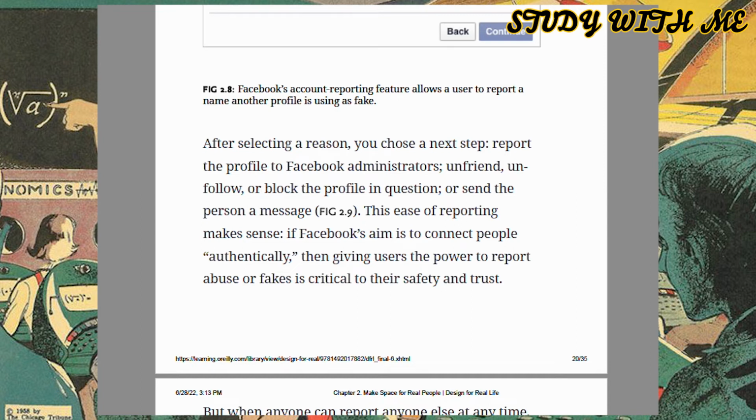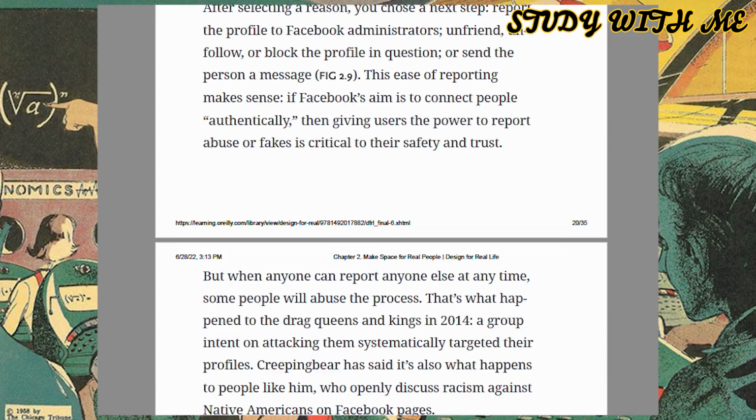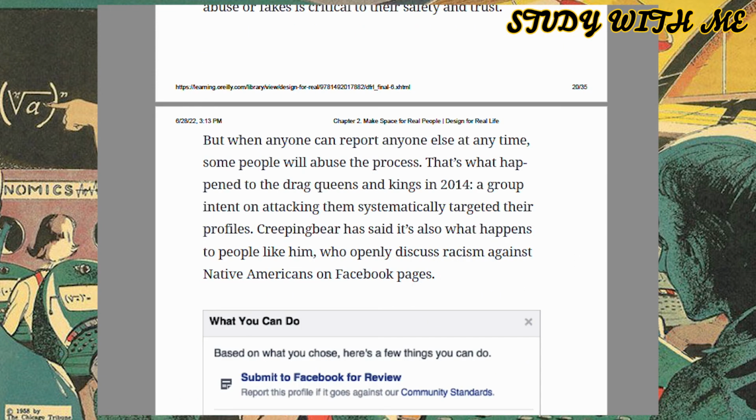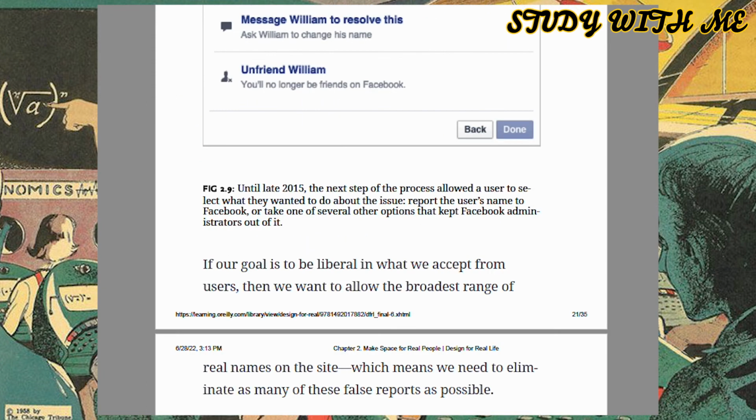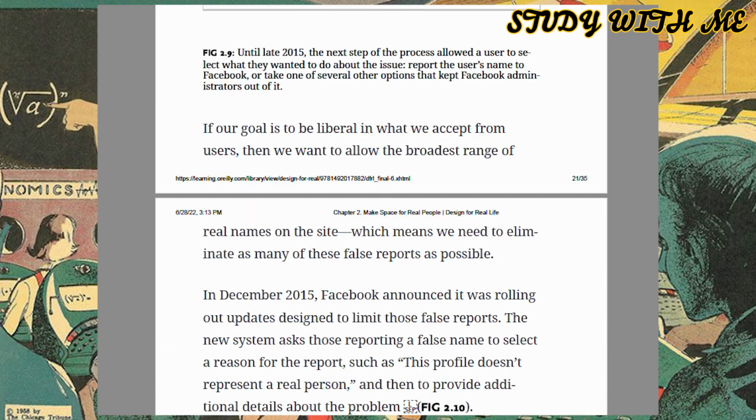But when anyone can report anyone else at any time, some people will abuse the process. That's what happened to the drag queens and kings in 2014. A group intent on attacking them systematically targeted their profiles. Creeping Bear has said it's also what happens to people like him, who openly discuss racism against Native Americans on Facebook pages. If our goal is to be liberal in what we accept from users, then we want to allow the broadest range of real names on the site, which means we need to eliminate as many of these false